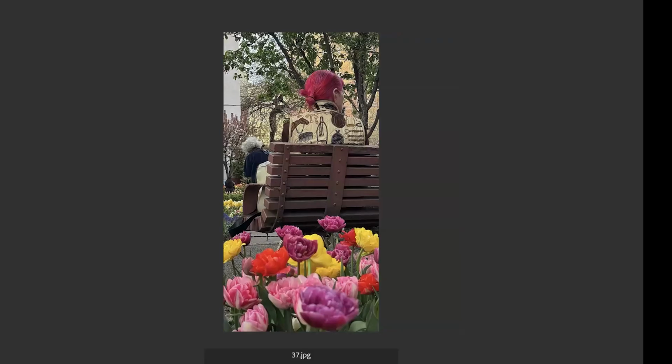What flowers. But the score for number 36, please? B. The sherbet of her hair color works beautifully with the flowers and the bench, and then there's someone else there. It's a very, very sweet photograph of New York City, or I assume New York City. And I'm going to move into the A because I like the little figure in the front and how the composition moves around. A.